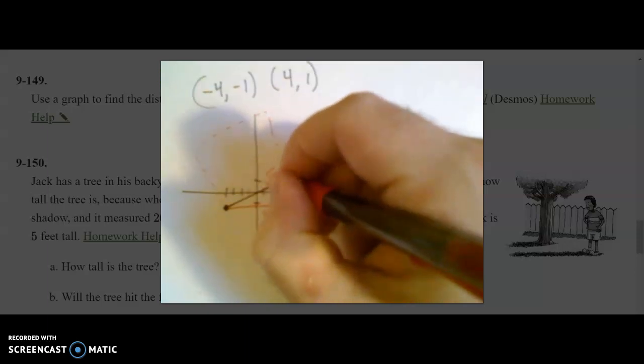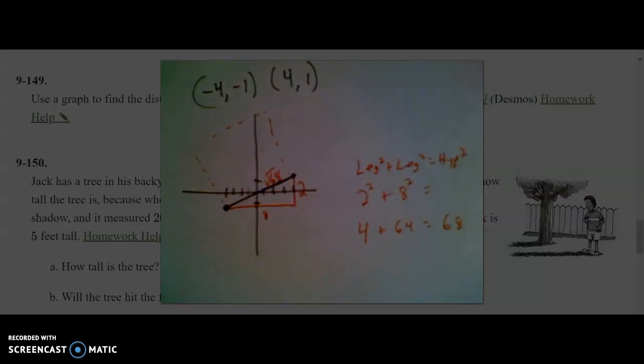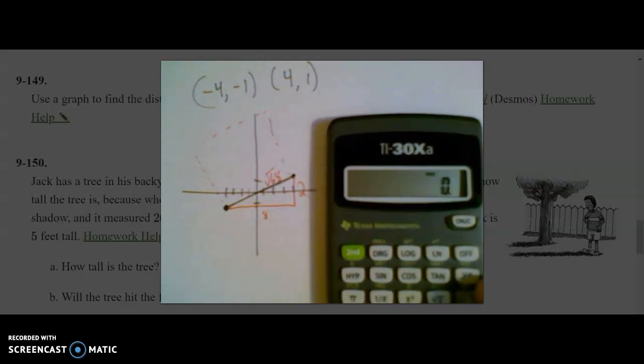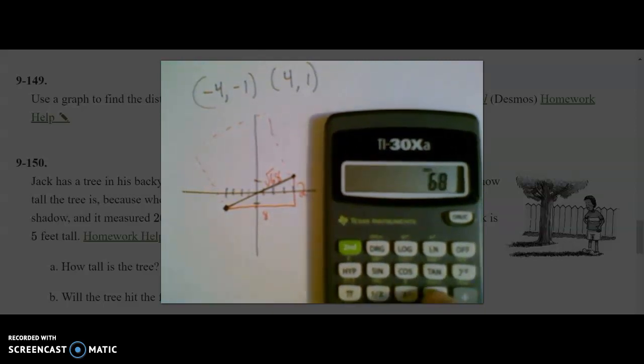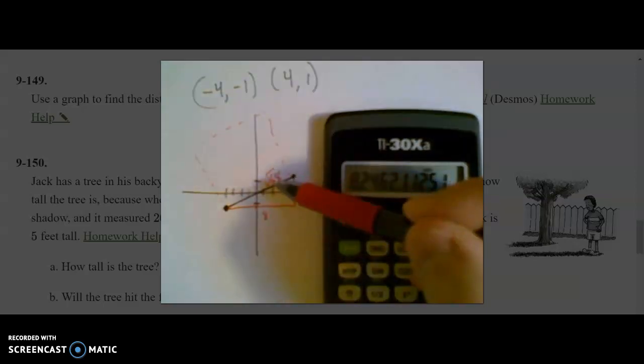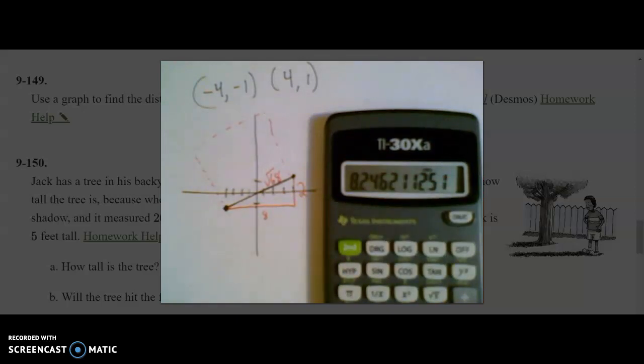So the square root of 68. Or if you want to try a decimal estimation, the square root of 68 is about 8.24, and so on and so forth, because again, that is irrational. The decimal goes on forever and does not